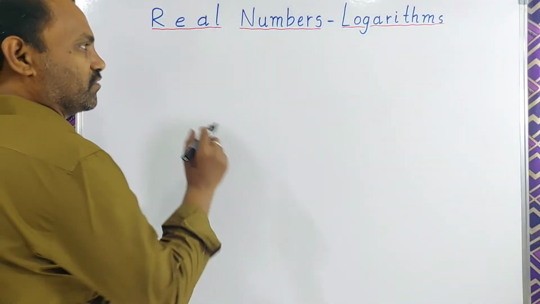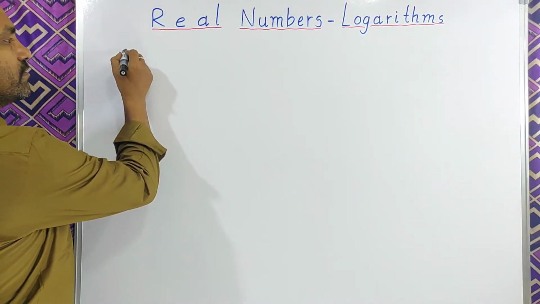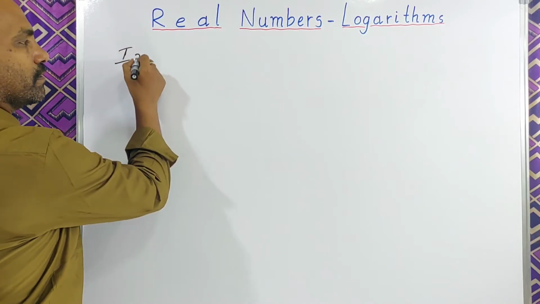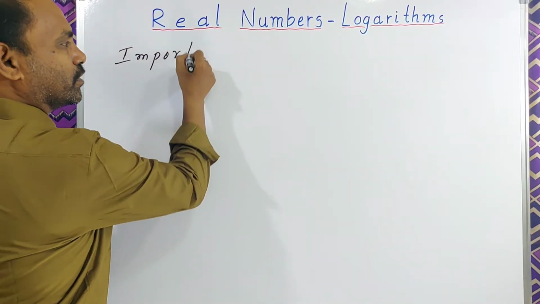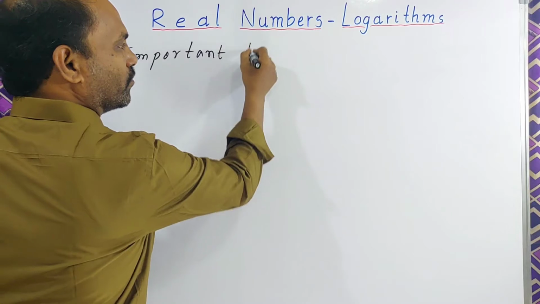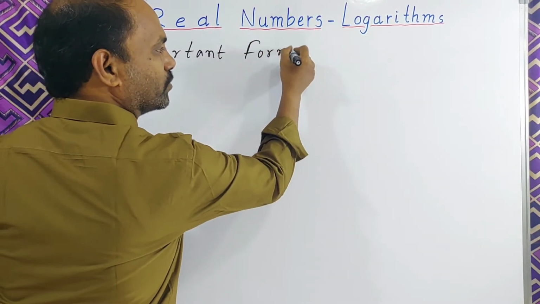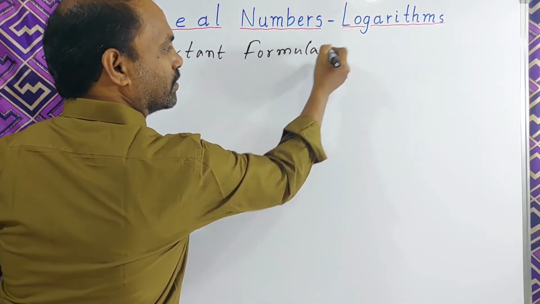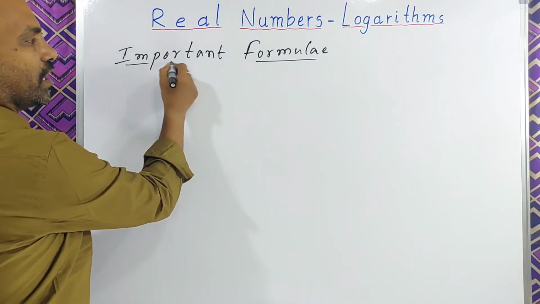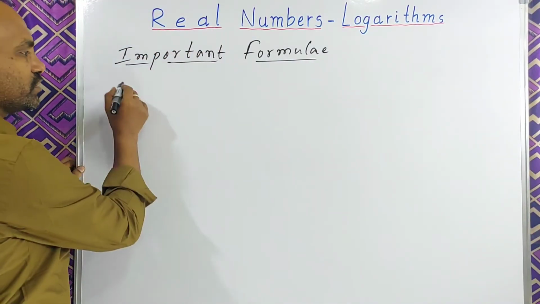6 formulas are there overall. Important formulae of logarithms. What are those? First one,